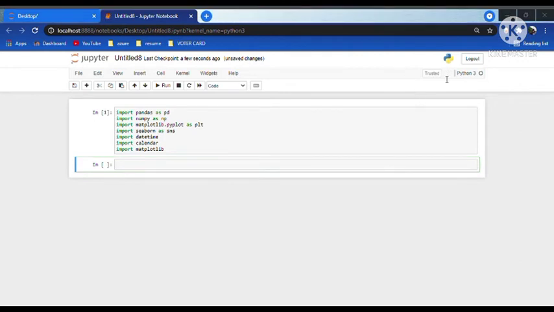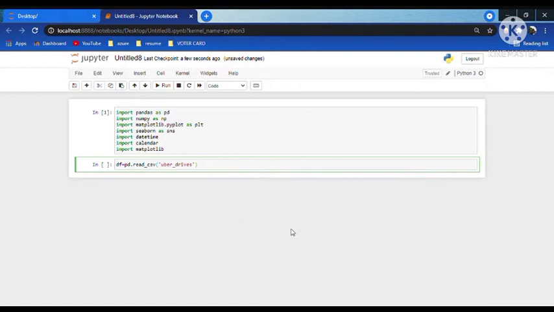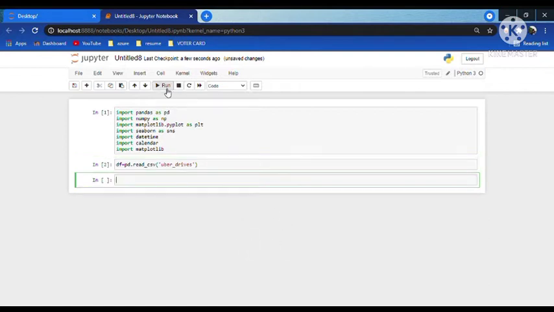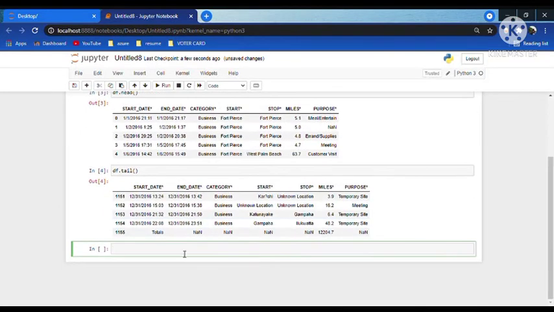I took the data from cab companies, for example Uber. Then we have to link the data with the online compiler, the Jupyter Notebook that we have used. This code will run cell by cell, and this command is useful to get the top 5 rows from the datasets, and the next command, df.tail, is used to get the last 5 rows from the data. By this we can know the datasets are linked with the Jupyter Notebook, and we are able to extract the